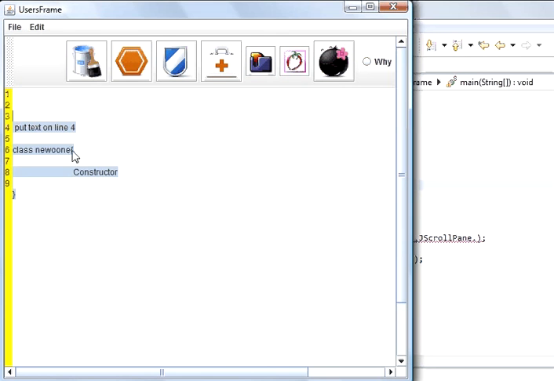And what I'll also show you just while I'm here is that you can cut and paste in a text area, and